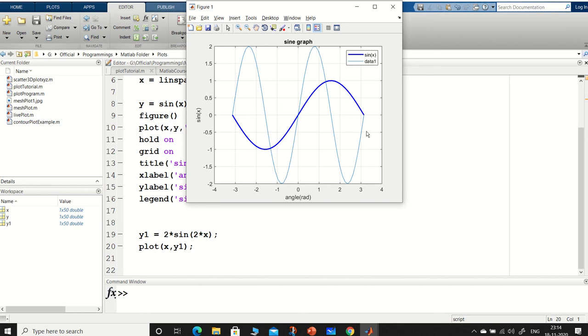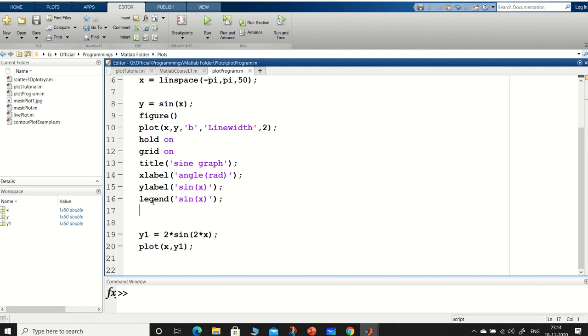But one thing you see the change is, earlier sin x was there as legend, now data 1 has come. Because I have not specified the legend, it is not a good practice to put the legends like this. What we can do is, we can plot it here, put legend sin x, and then next one is 2 sin 2x, right?